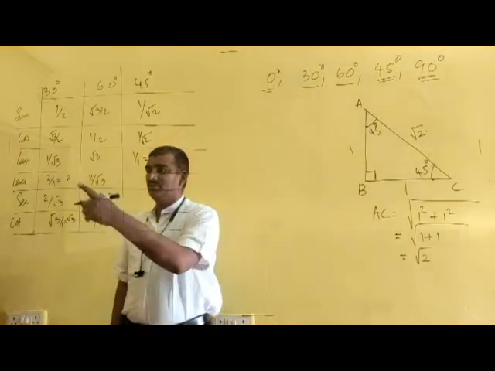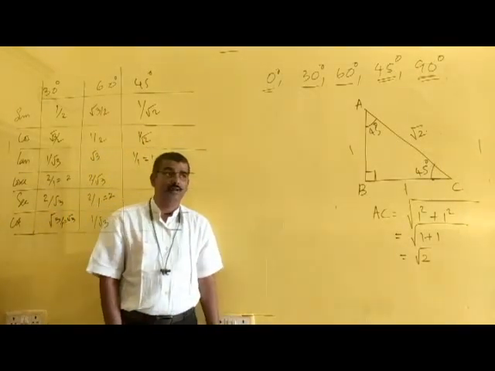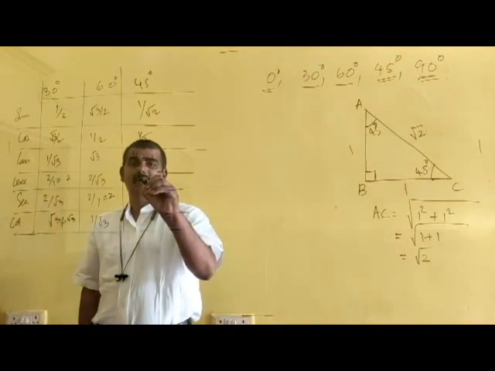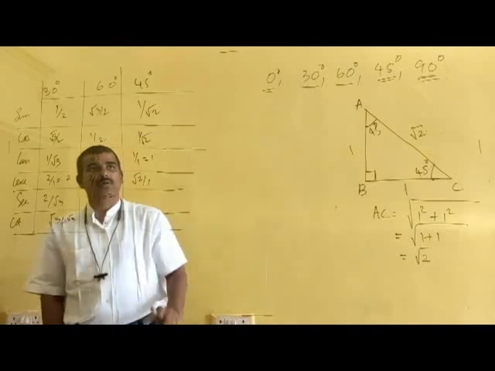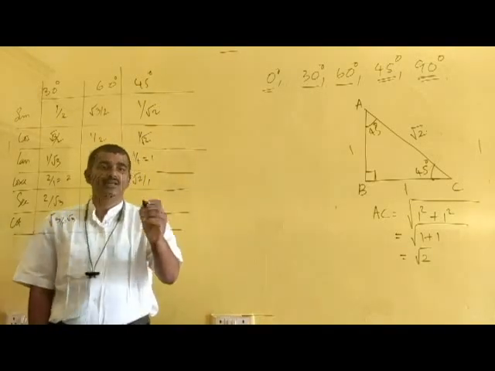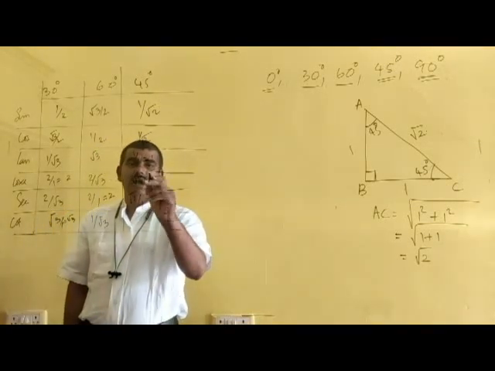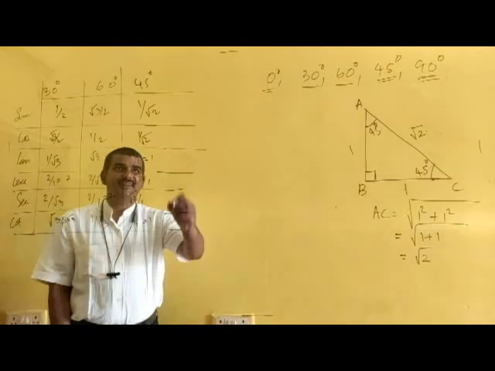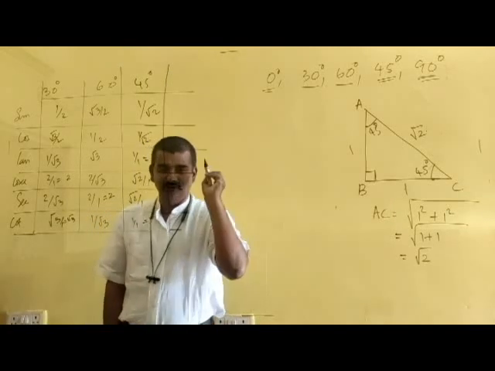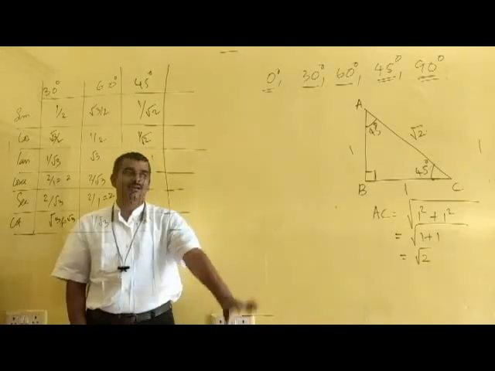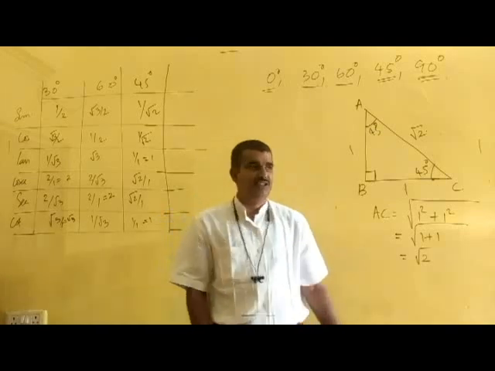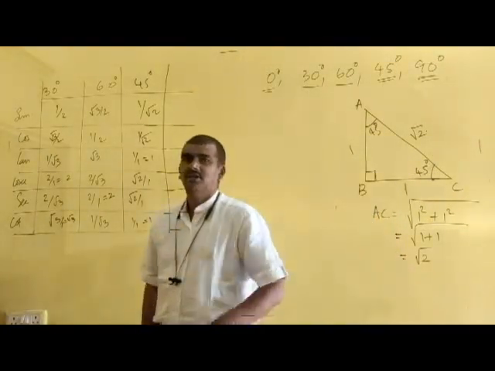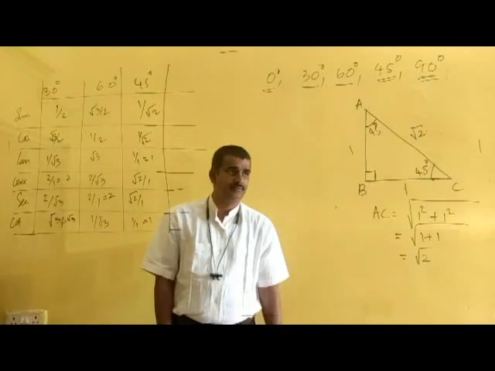Now the next one is cosec. Cosec means hypotenuse divided by the opposite side, that is root 2 by 1. Reverse of 1 by root 2 is root 2 by 1. So here also root 2 by 1, and for cot 1 by 1, that is equal to 1. So it is quite comfortable, 45 degree also. You don't need to learn these values by heart for future purposes. Just fix this figure in your mind so that you will get the values.